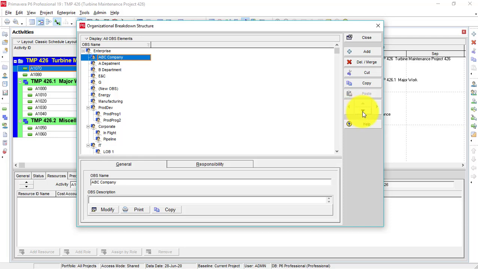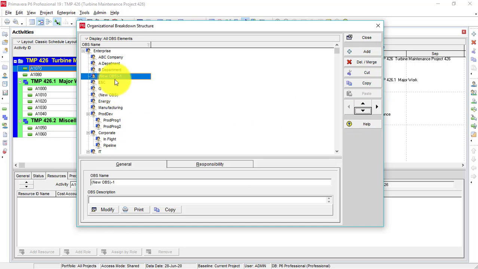I'm not going to add those here. Again click on this button. From these buttons you can move up, down, left, right. C department.